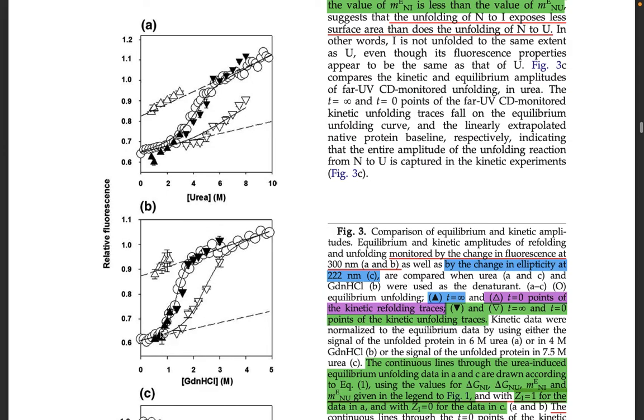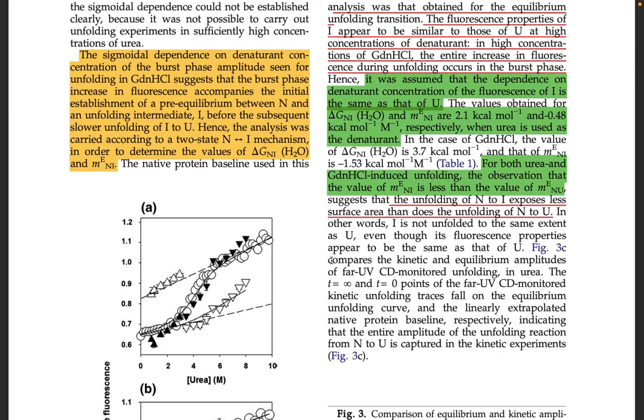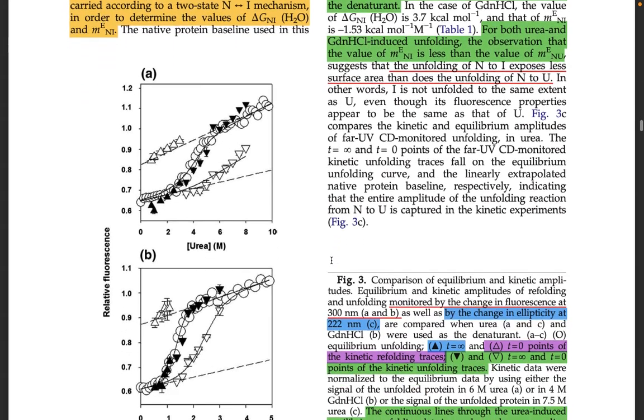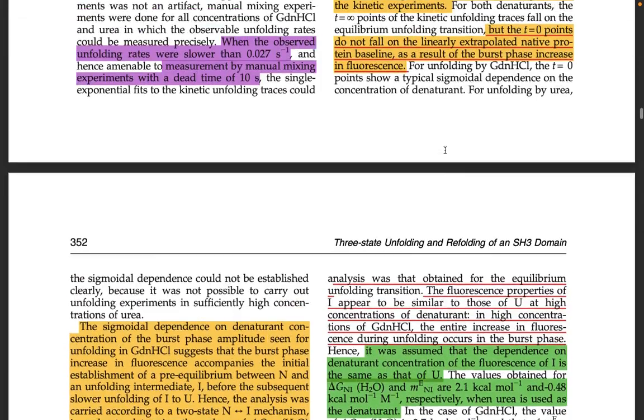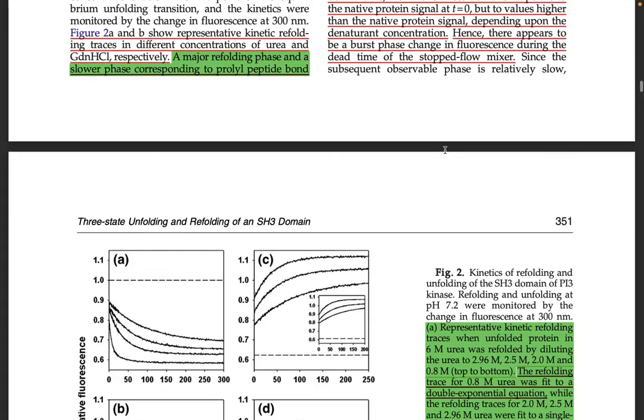So you see that because of the burst phase, instead of falling on the native baseline, it is falling on a sigmoidal curve as a result of the native burst phase. That means that from mixing native protein in urea here and guanidinium hydrochloride here, the signal changes quickly before we start taking measurements. So that's what is here. But the question is,